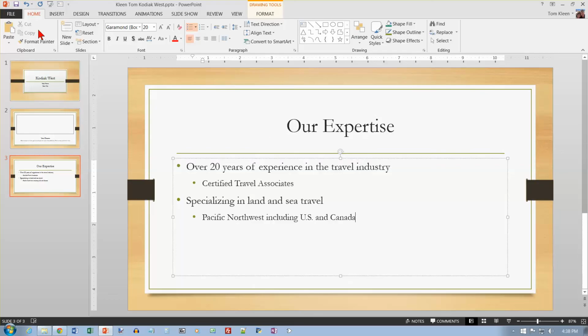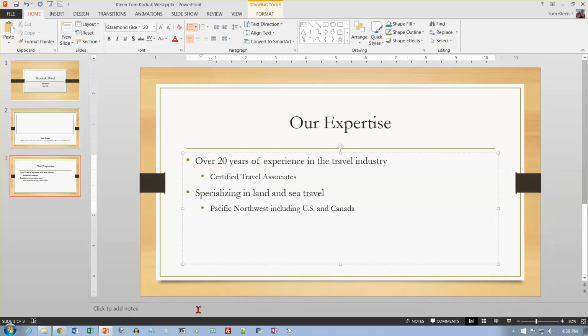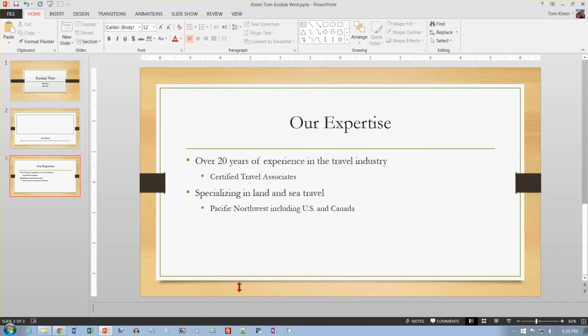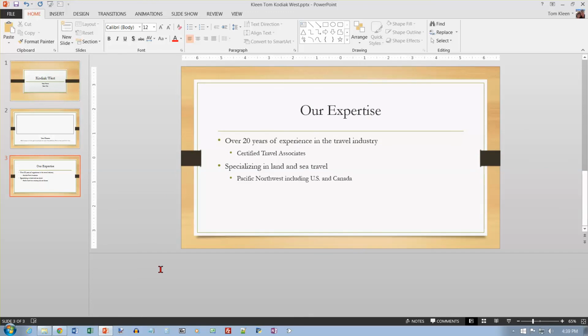And now we're going to add some speaker's notes. So down here on the status bar, we need to click on Notes, and a very small area appears down here at the bottom. That can be resized, though, by using a two-headed arrow. And this is where you put notes to yourself. They will not show up in the slideshow, but if you get a printout, you will see these on the printout. So I'm going to type in Kodiak